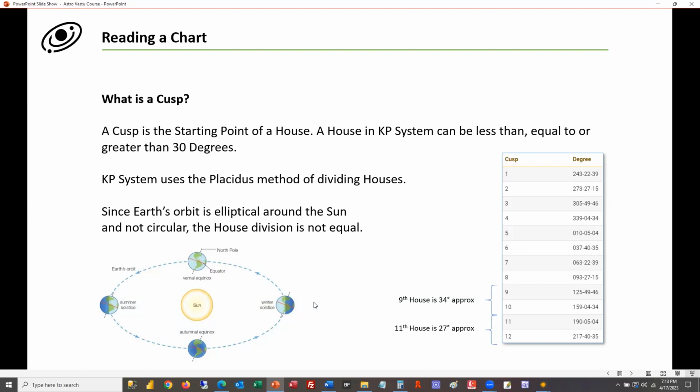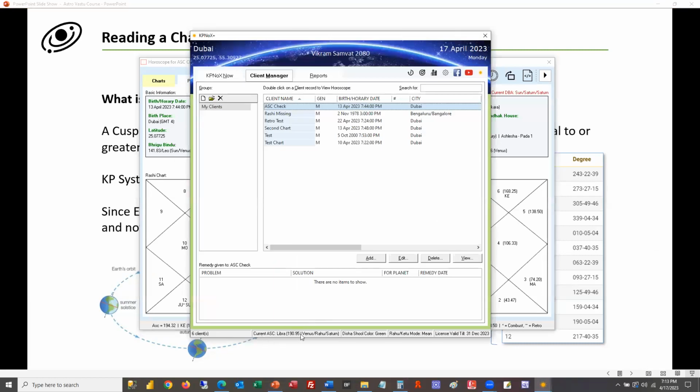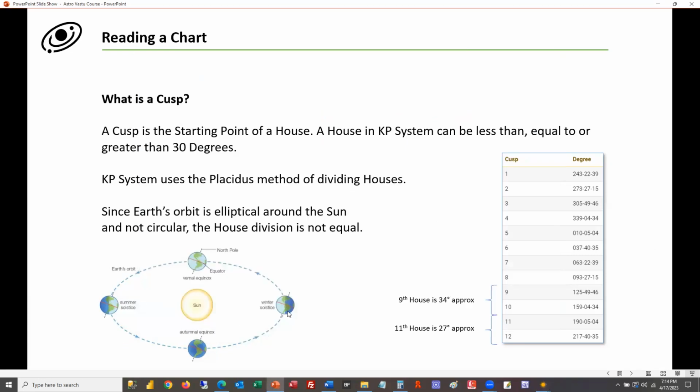So let's take a practical example. See, the ascendant could be anything at the time of birth, whatever is the ascendant at east. For example, now it is 7 o'clock, 7 p.m. in Dubai. If I were to see what the ascendant is, it is Libra. If somebody is born after 2 hours, let's say 9 p.m. or after, it will be Scorpio. So the Earth would have moved, and it would have changed. So obviously the length will be different.